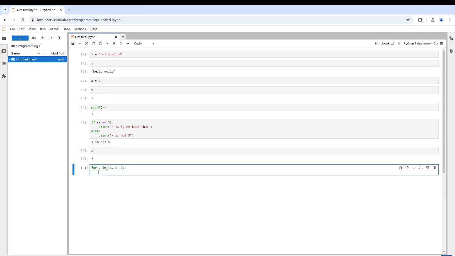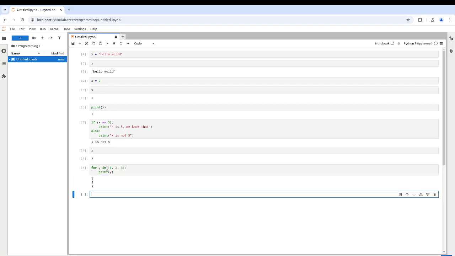Correct, I hope. Print epsilon. So let's evaluate that. Yeah, and as you can see, it's showing 1, 2, and 3